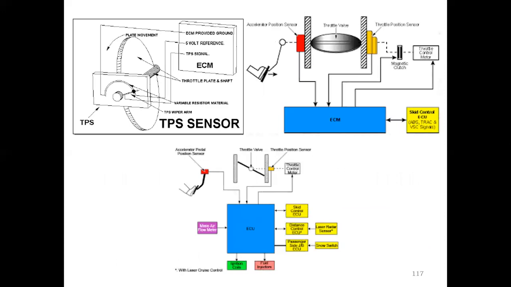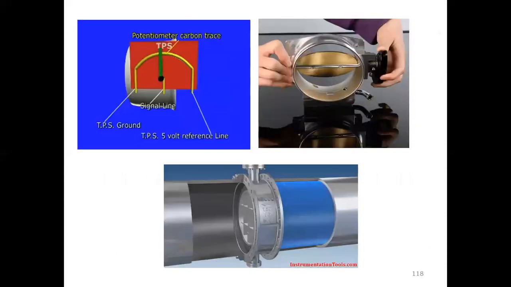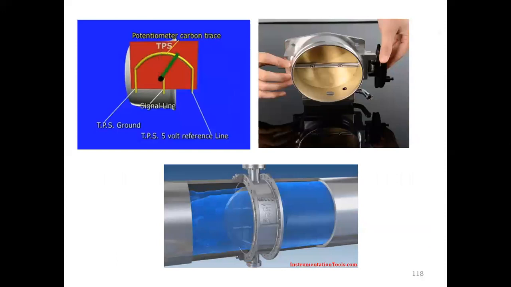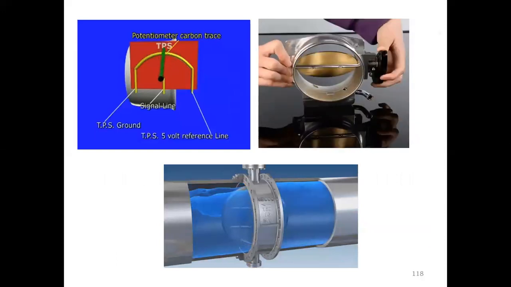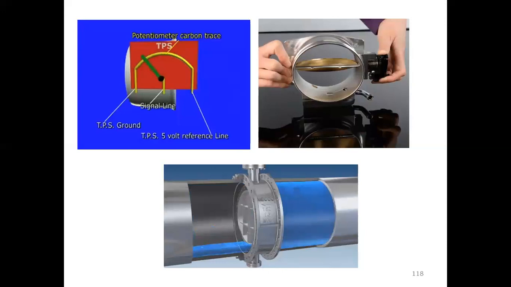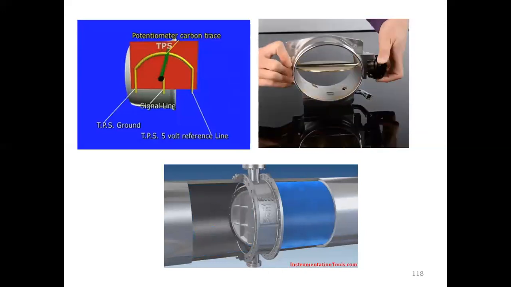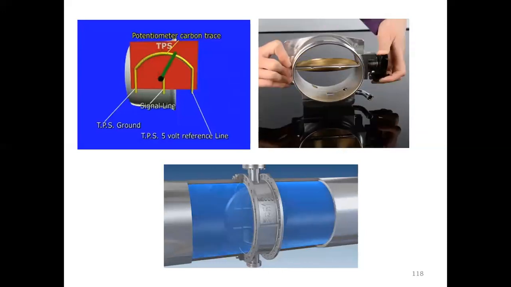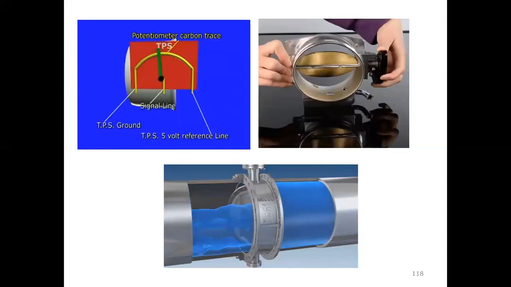So this is the throttle position sensor. It is like a disc. When the disc moves, the connected metal will move. Using the metal movement, it is connected with the potentiometer, so we can define the position of the throttle valve. This is the model, like that example. This lever is connected with the pedal, the accelerator of the car, so we can easily identify the sensor value.